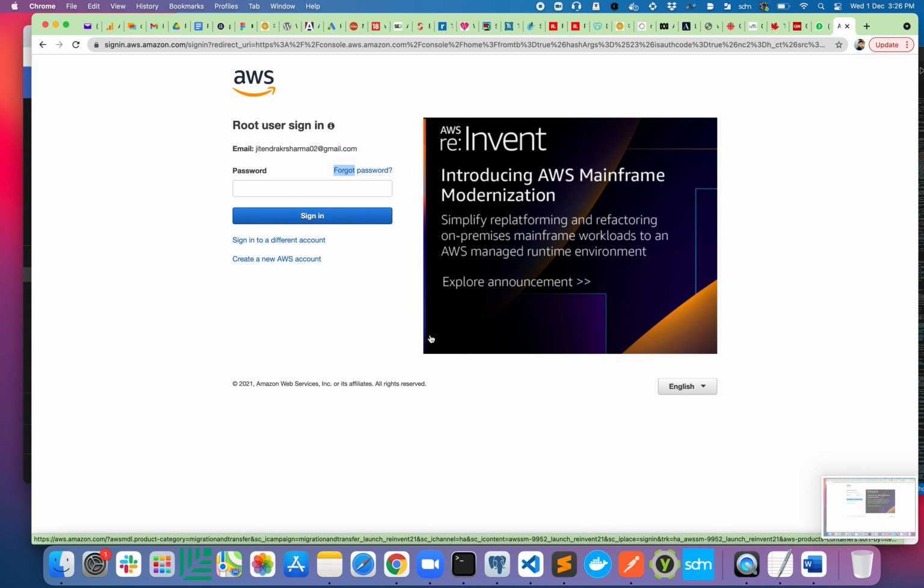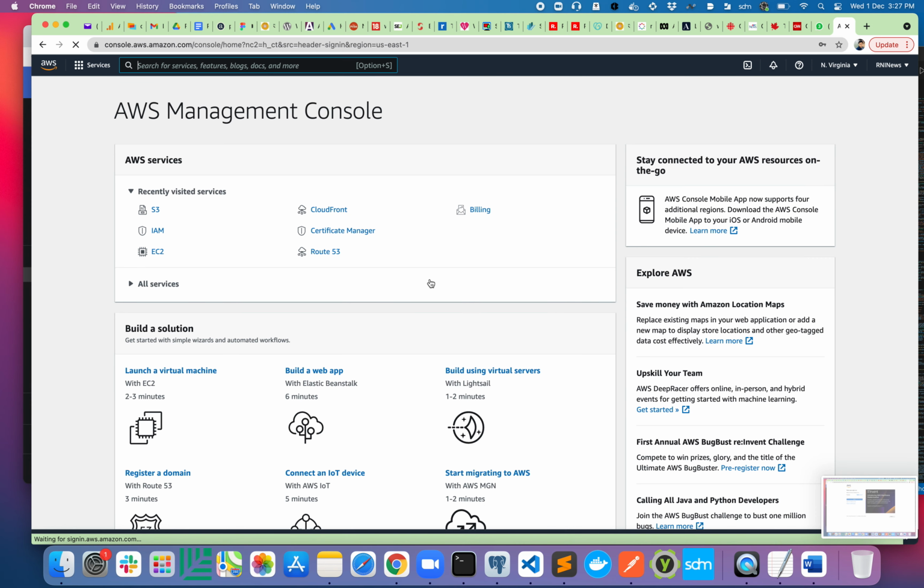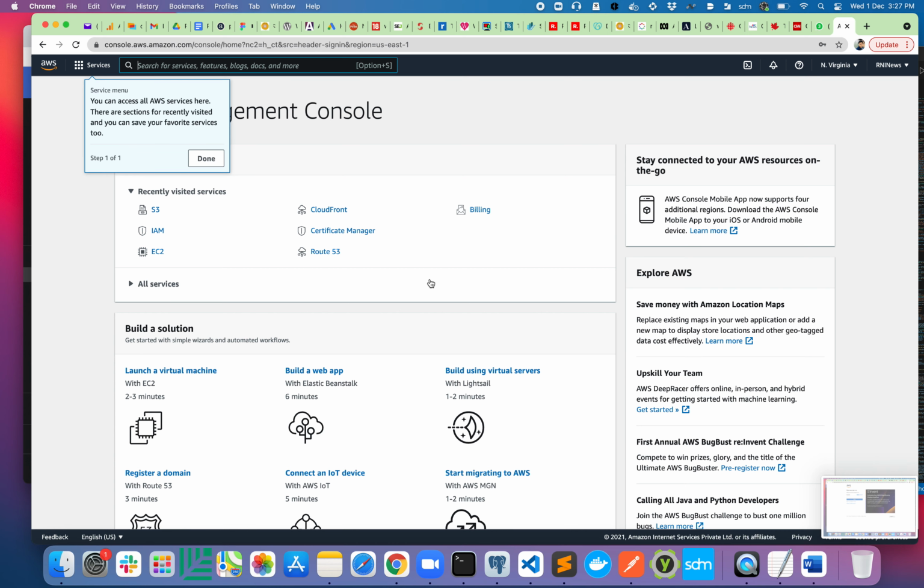I'm going to show you how we can make the payment in AWS. So first, you need to log in to your AWS console account. Once you log in, you will be redirected to this AWS management console page, and from here you need to type